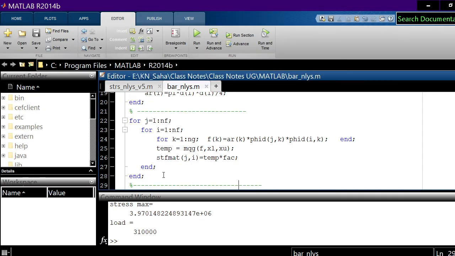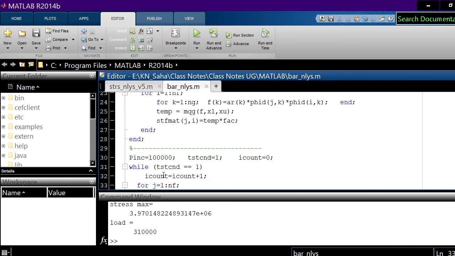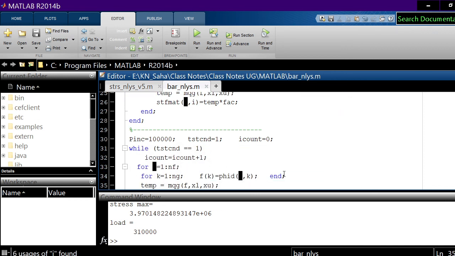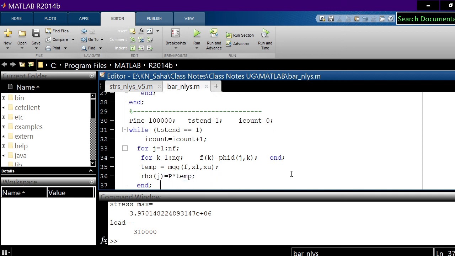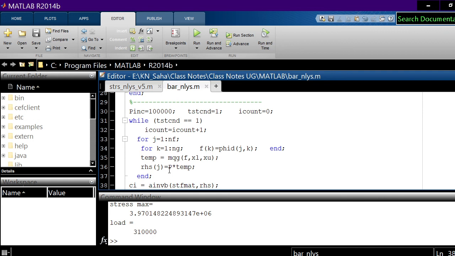Stiffness matrix is generated, and then comes the loading part. Okay. This is the loading part, and in the loading part, P is multiplied. P was the initial load, it was given a value of 10,000, right? Yes, sir. So with this, we are getting the right hand side vector, known as the load vector. Okay. So what is the solution for C?